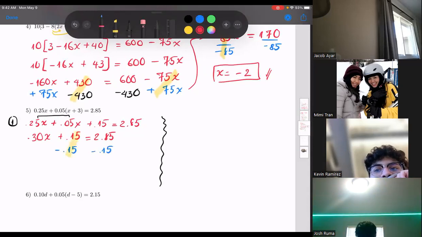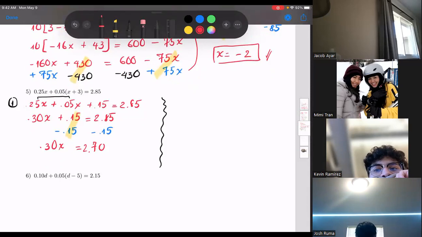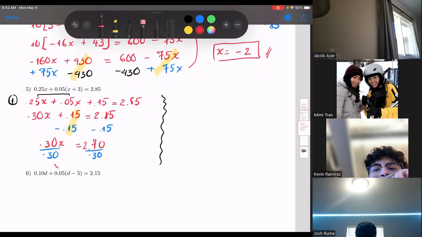And so I have 0.30x equals 2.7. Divide both sides by 0.3. I have x equals